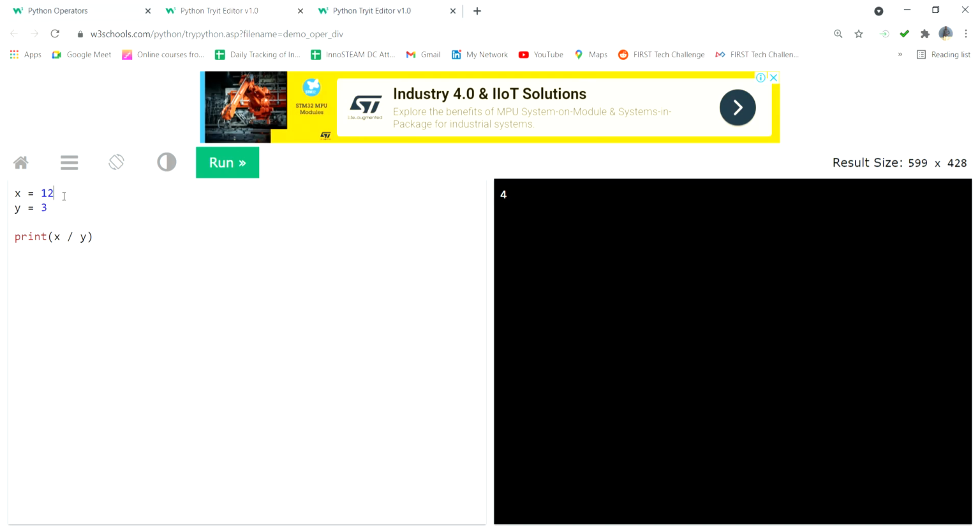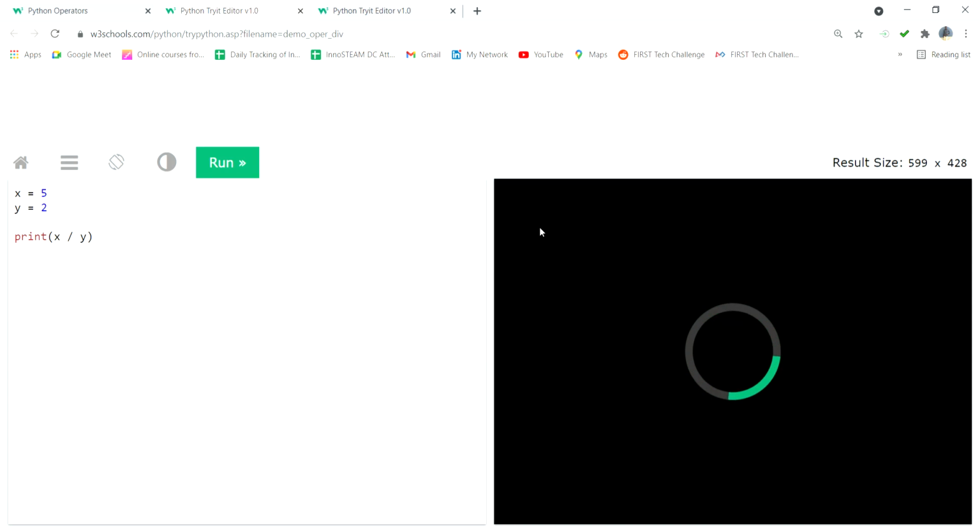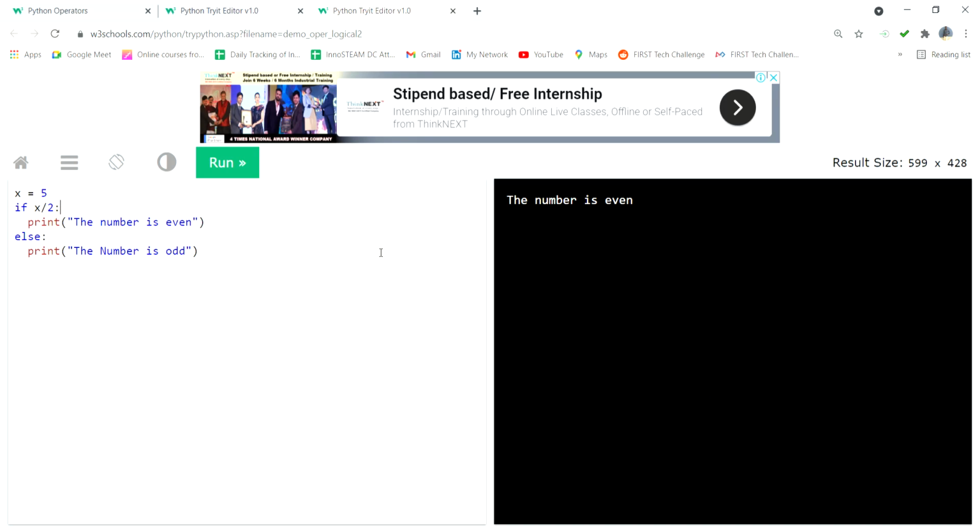Here you can check, x equal to 5, y equal to 2. Then check what value x is giving. 5 divided by 2, the value is coming 2.5. But for this condition, you need the quotient or the remainder? If you want to check odd or even, you need the quotient or remainder. If it is the quotient, how can you identify whether it is even or odd?